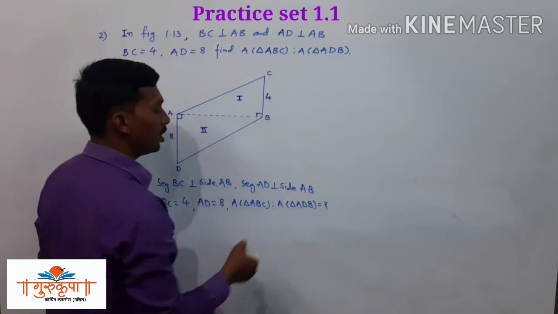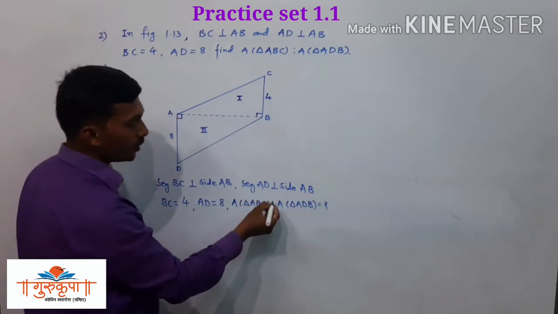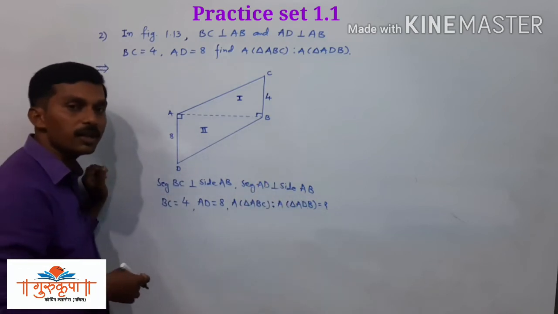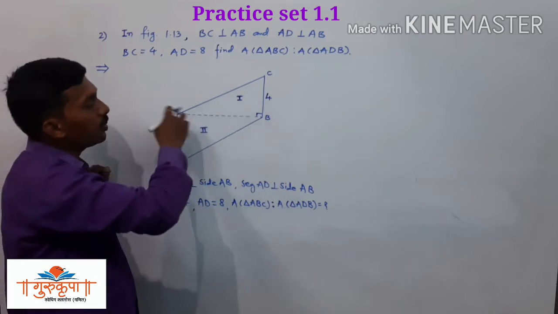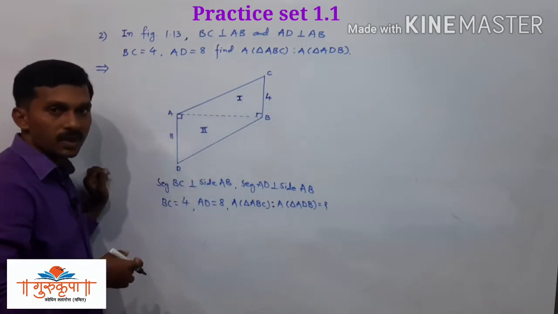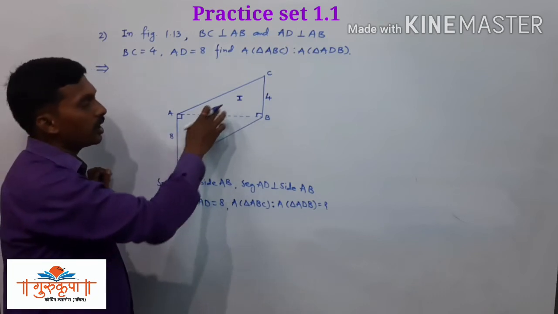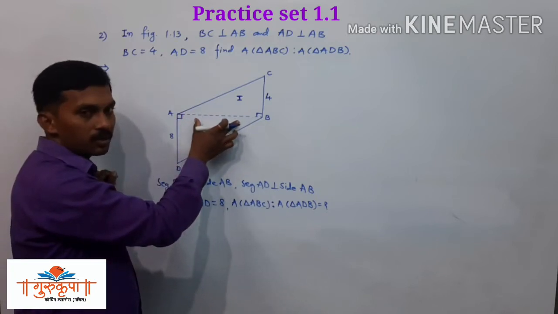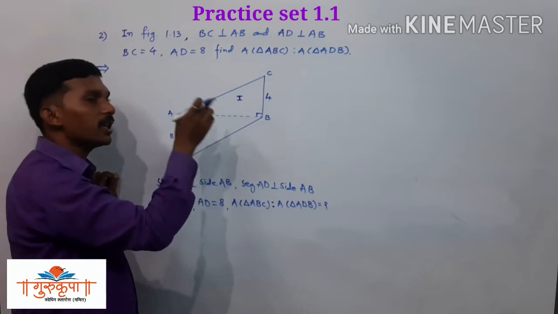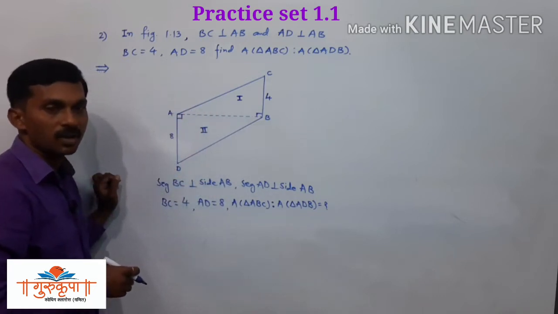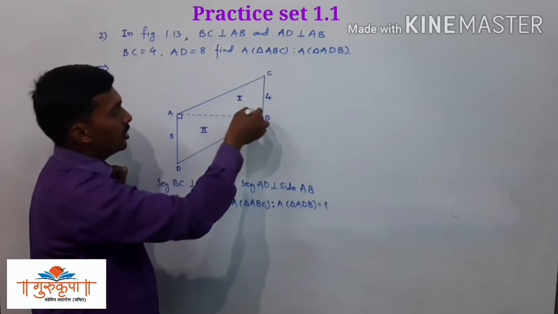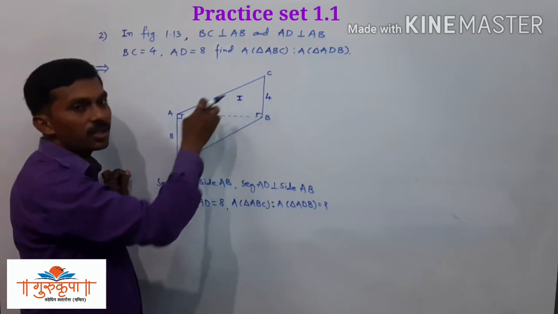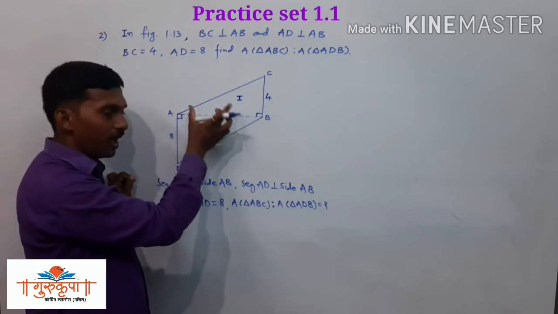See, here we write the given information and also what we have to find. We have to find area of triangle ABC is to area of triangle ADB. And since we already observed the given diagram, we clearly know that both the triangles have equal bases, that is, AB is the side which is common between both the triangles and that is the base of both the triangles. Now suppose you consider that BC is base, then AB is height, and if you consider that AD is base, then AB is height.